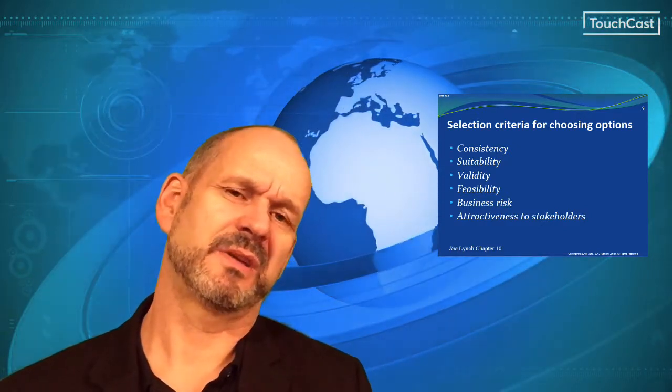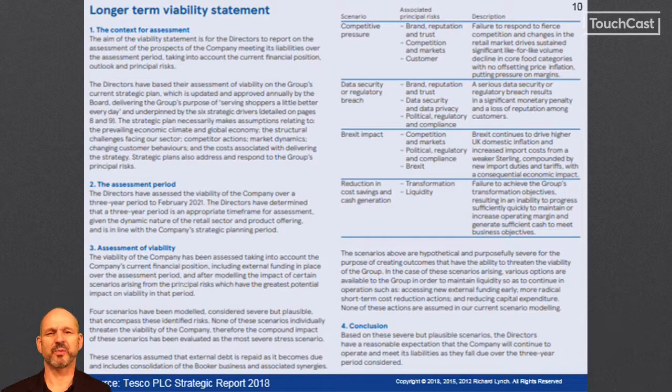Again, if we look at the example of Tesco, we can see evidence of how they have approached the strategic questions around things like suitability and viability. These types of documents are full of key information which underpins the strategy of the business, and this is the sort of thing you should be looking at for your group assignment.